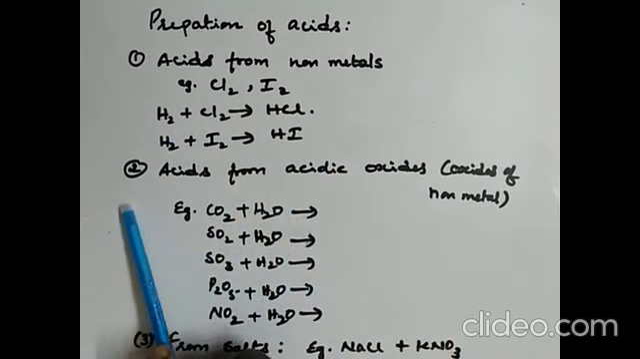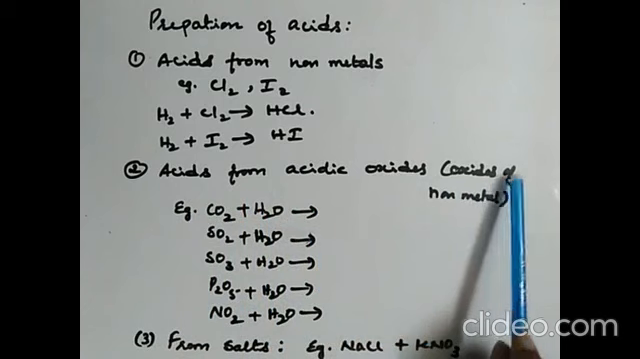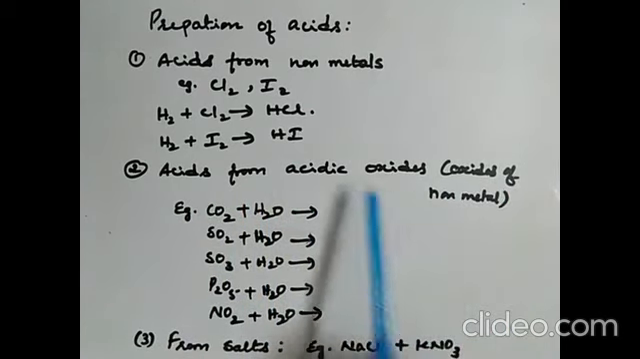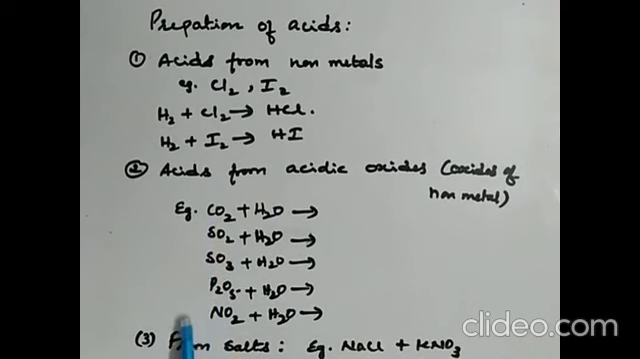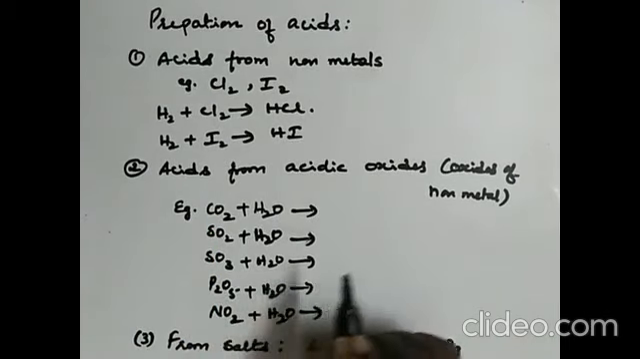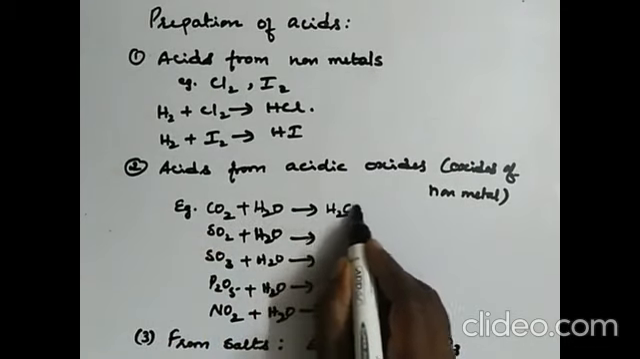The second method is acids from acidic oxides. Now what are acidic oxides? Acidic oxides are oxides of nonmetals. The examples of acidic oxides are carbon dioxide, sulfur dioxide, sulfur trioxide, phosphorus pentoxide and nitrogen dioxide. When they combine with water, they form respective acids. Carbon dioxide combines with water to form carbonic acid,